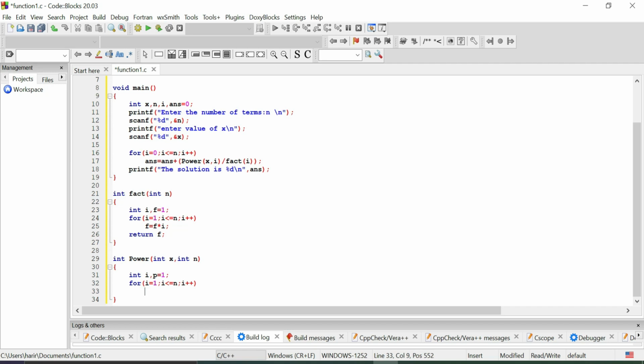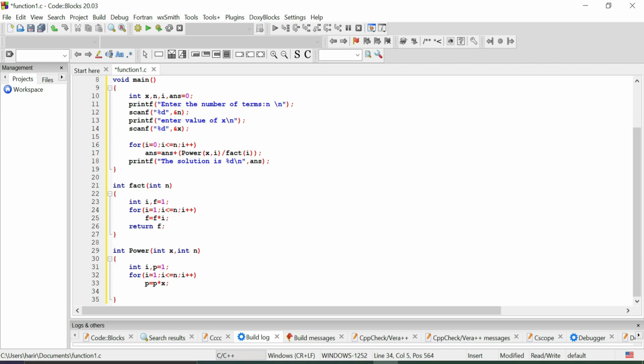What is x power n? What is 2 power 3? 2 should be multiplied with itself 3 times, right? If it is 5 power 5, 5 should be multiplied 5 times. So x power n means x should be multiplied n times. I have stored the value 1 in the variable p, and with that I keep on multiplying x. This loop is executed n times, so x is multiplied n times, and in the end I will return the variable p.